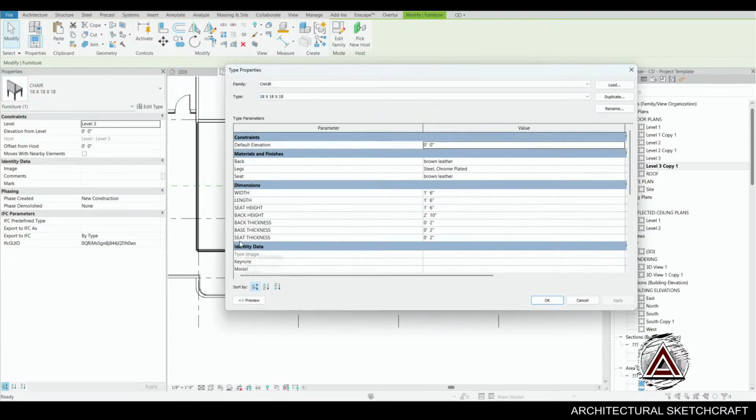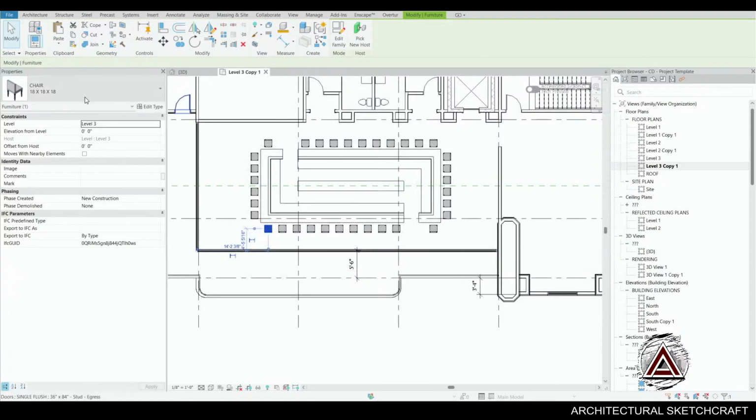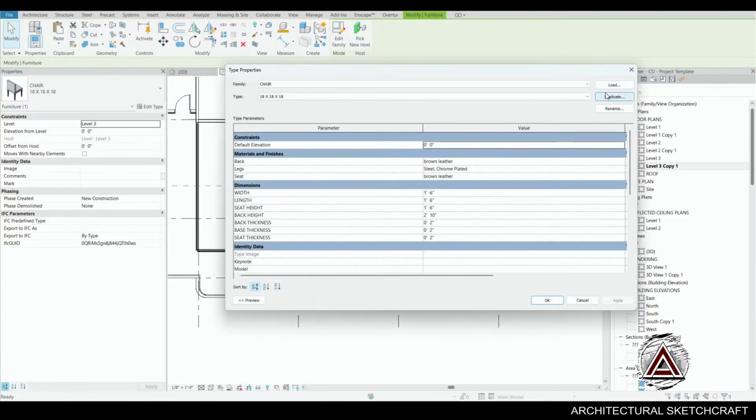Let me see. Need a height of. Let's try that again. Let's cancel out of that. Let's duplicate this. We want our height to be,